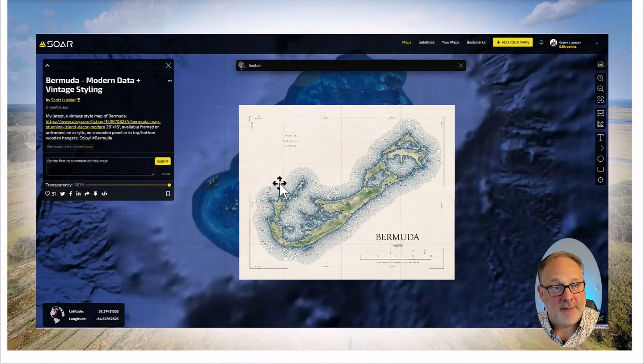If someone wanted a map of the island and said, hey, I kind of like that, they can reach out to me and say, can I hire you to make another map with different things? Or maybe I'll get some Etsy clicks on it. People look at it and say, I want to buy that for my mother-in-law for Christmas, right? As an artist, it's free to upload, and maybe you get some business out of it. And I can also direct people from my own website to here to see where these maps are on the Earth. It places them down on the Earth, and you get the digital globe functionality that adds to your offering.